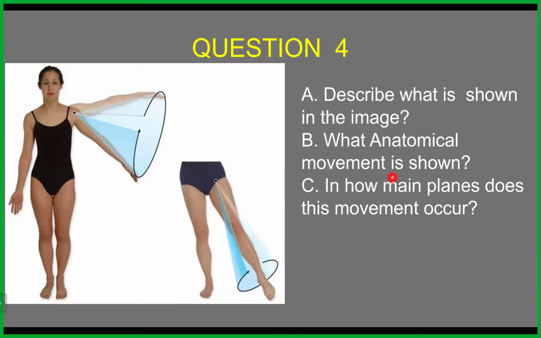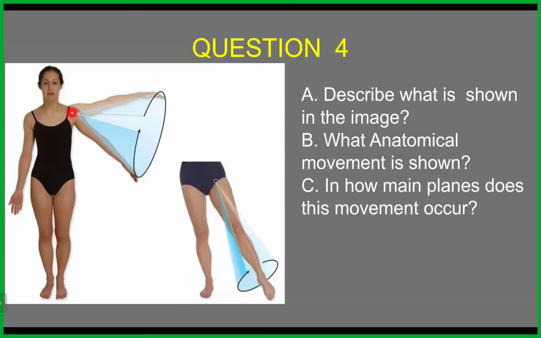Question 4. Describe what is shown in the image. What anatomical movement is shown? In how many planes does this movement occur? So if you look at what is shown in the first image to the left, we can see a female standing erect with the left upper limb making a rotatory motion